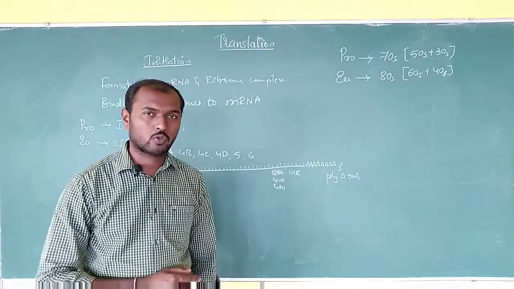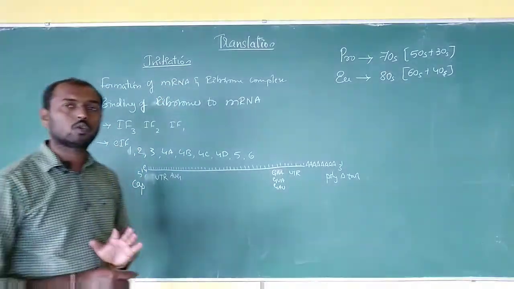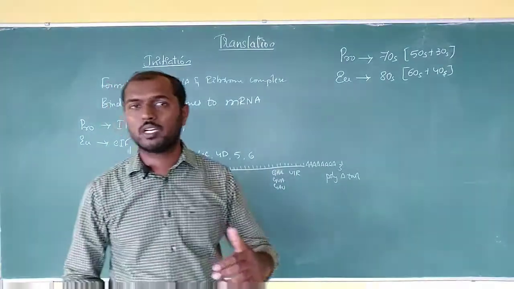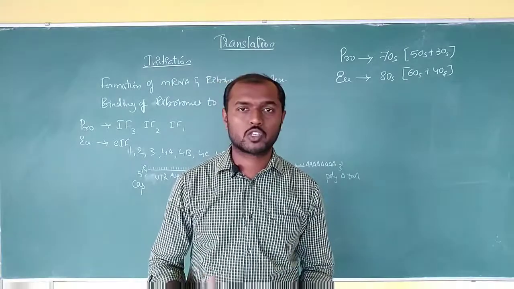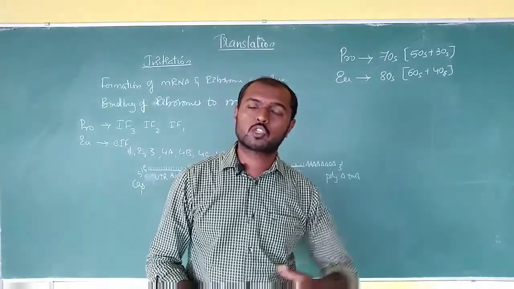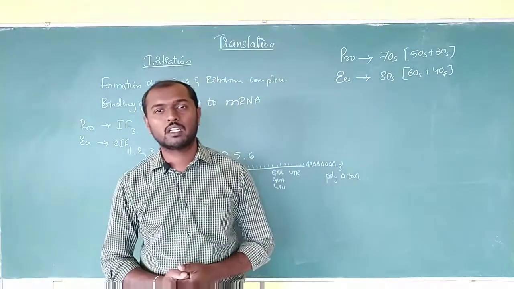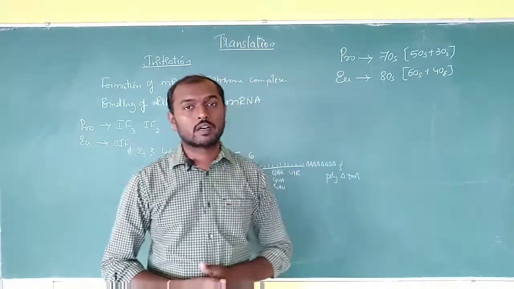The eukaryotes. Okay, so prokaryotes have 3 initiation factors, eukaryotes have 9. All are going to do a different kind of work, or they have a specific function during the process of initiation. Some break premature subunit binding or stop it, some are going to help in case of recognition